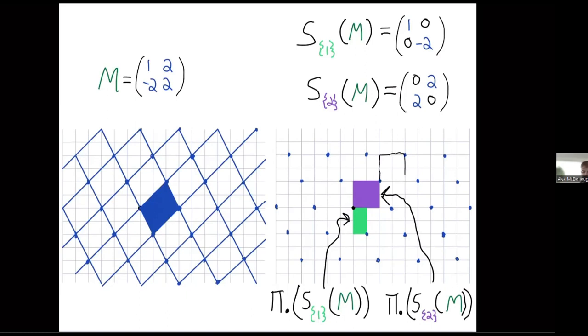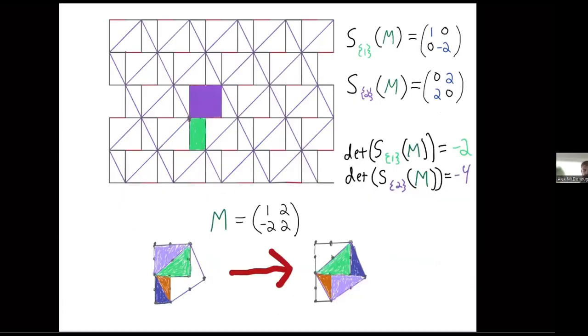It's just the integer translates of the parallelogram M, or the fundamental parallelepiped of M. And I'll start drawing a few on here. What you'll notice is that this actually gives you a tiling of space. So if we were to do some more of this, we'd end up with something kind of looking like this. You can tell if you squint your eyes and ignore the purple part, you can see this tiling showing up. And so this is saying that we've now found a way to get the same